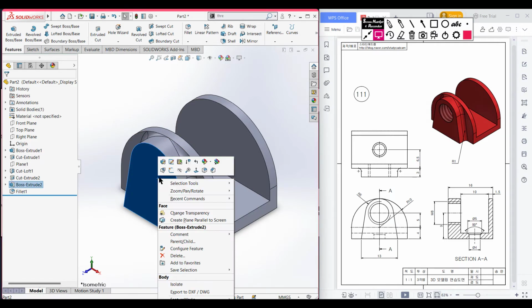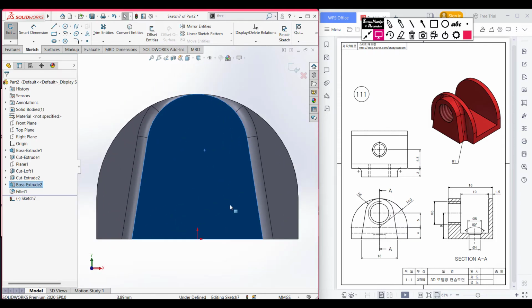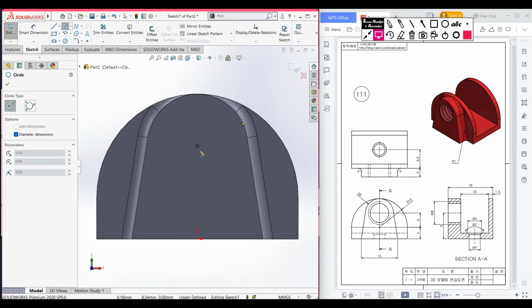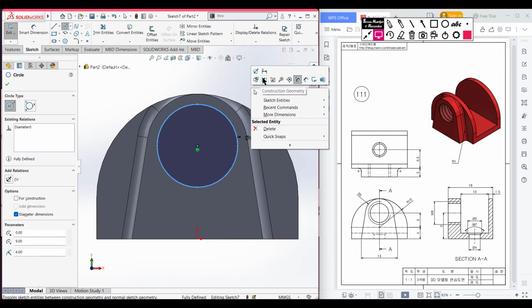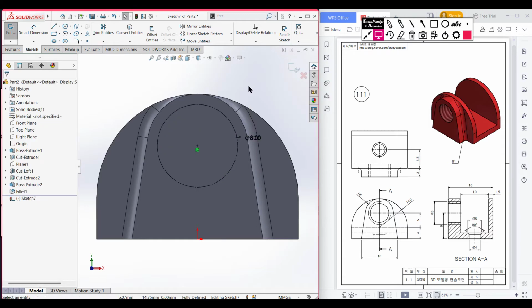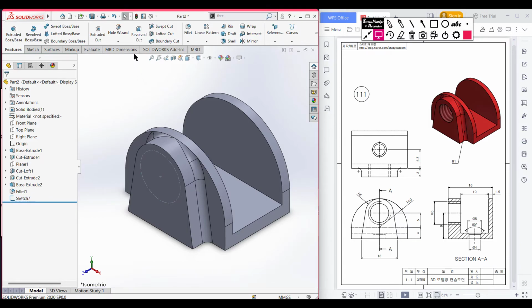So selecting this face, now sketch, now normal to. Now select circle and place the circle to the previous point, and now dimension it to 8 diameter. Now right click your mouse and now construction geometry. Now isometric it for a better view. Now exit sketch. Now select the hole wizard option